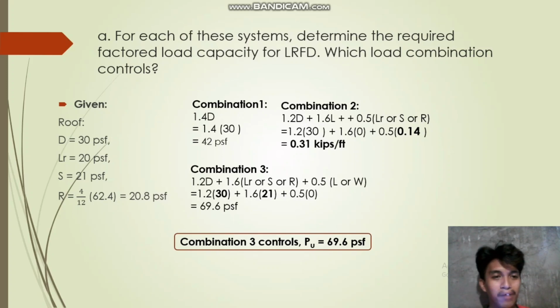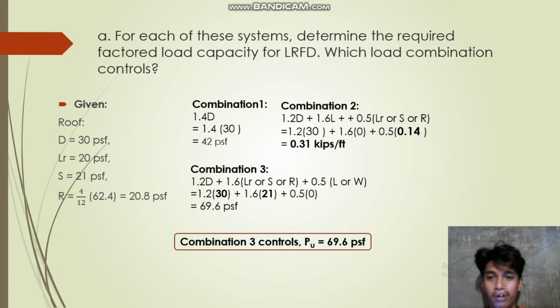Given for roof: D is equal to 30 PSF, Lr or roof load is equal to 20 PSF, snow load is equal to 21 PSF, and R is equal to 14 over 12 times 62.4, equals 20.8 PSF. Solution. In combination number 1, 1.4 dead load is equal to 1.4 times 30, equals 42 PSF. In combination number 2, 1.2 dead load plus 1.6 live load plus 0.5